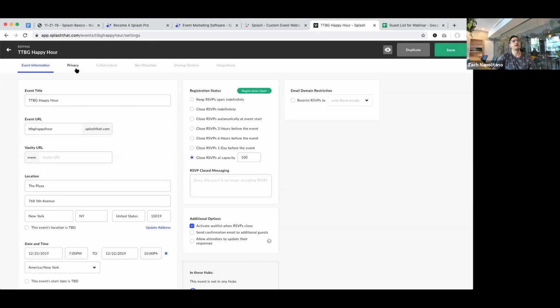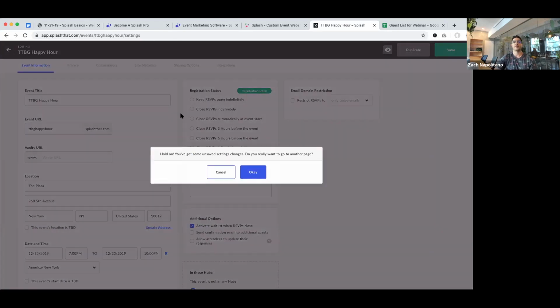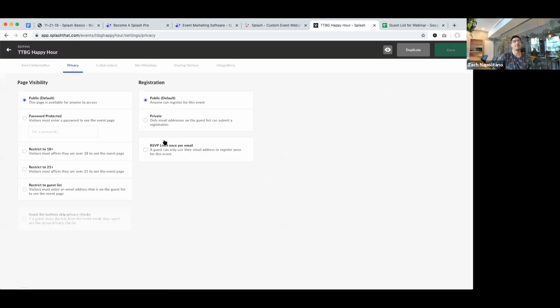The other place I want to show you, this comes up quite a bit, of course, is a VIP happy hour. We can make this a private event if we need to. We could restrict this to guest list only. We could limit one RSVP per email address. If we really have some sensitive stuff going on, we could actually lock off the entire page using various password